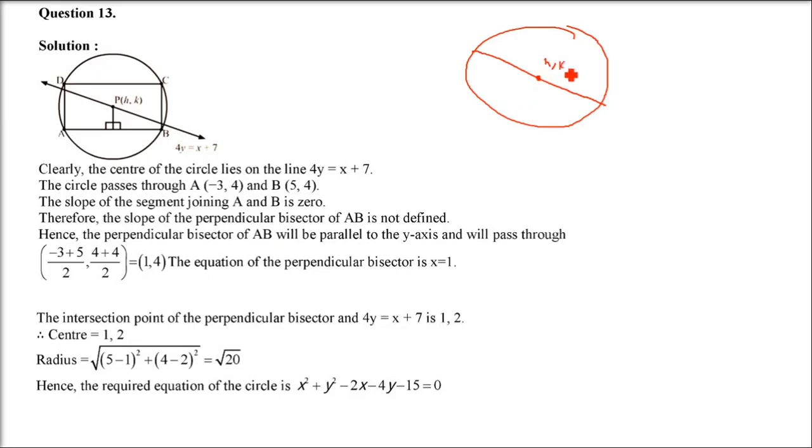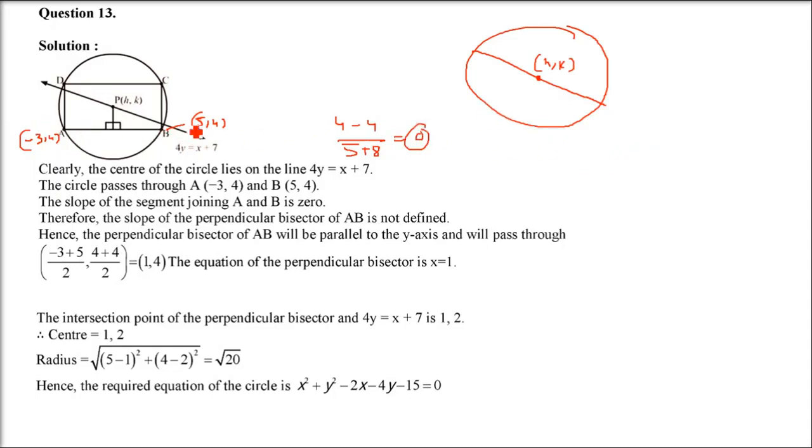So this HK center, how do we get it? Do we have the endpoints? Or any other way we can find it out? We have the A and B. So we know the slope of AB line. AB is one of the sides of the rectangle we are talking about. So 4 minus 4 by 5 minus 4, y2 minus y1 by x2 minus x1, slope is 0. So this slope is 0. What does it mean? It is parallel to x-axis.